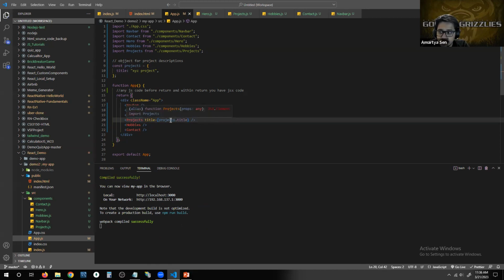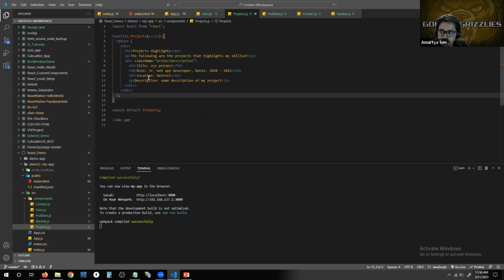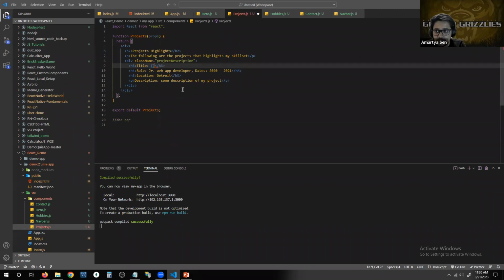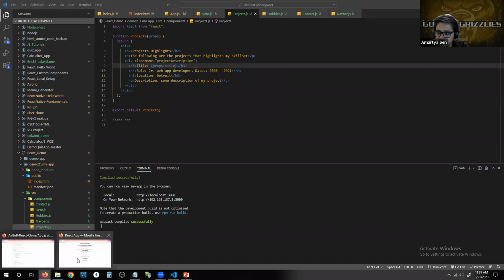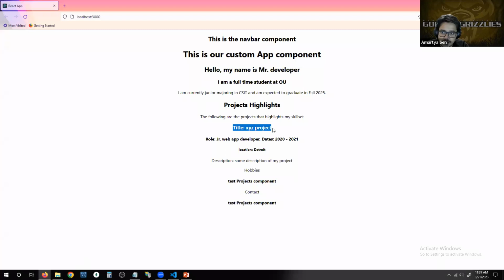That means now, inside projects.js, instead of writing your title is this, I'm going to replace this. I'm going to again wrap it in curly braces because it's going to be JavaScript code. I'm going to embed the value: I'm going to take props dot title. This is how I'm going to replace the value that is going to come from my stuff there. You can see here the title still says XYZ project,